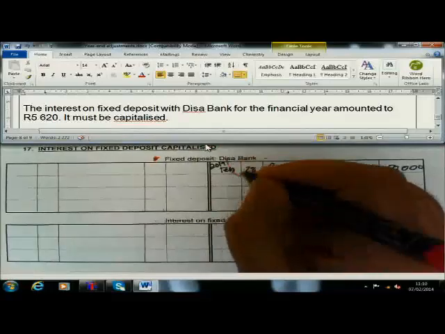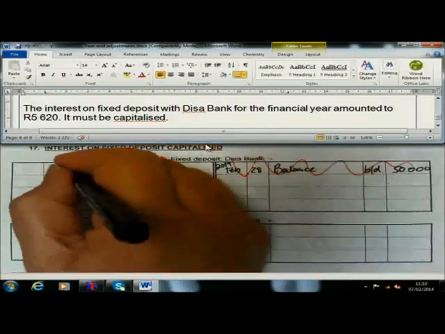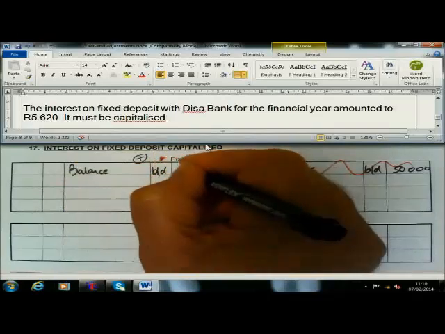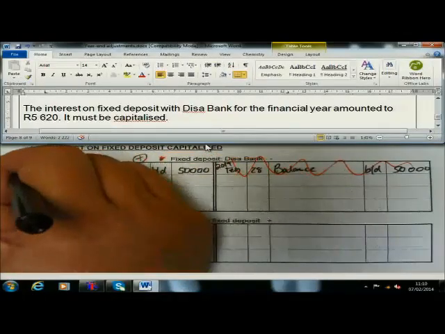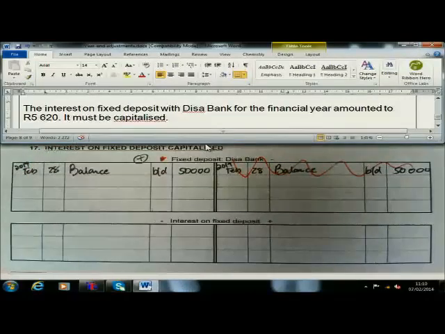So the interest makes your fixed deposit more. Sorry, you see, now I'm not concentrating. The plus is on this side. So the balance is on this side. Balance brought down 50,000. The interest will make your fixed deposit more,